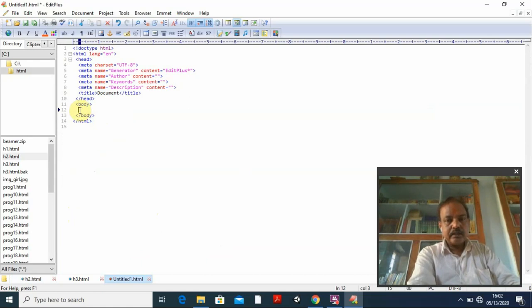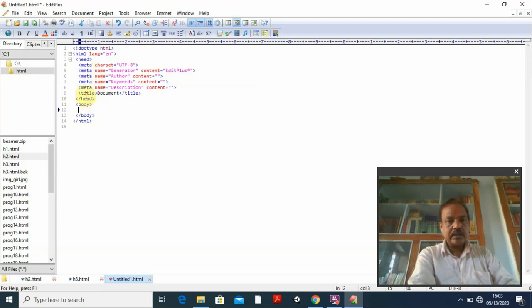So you are directly in the body and can write something. In the previous program we typed all the things, but here there is no need to type anything. The first is the start tag, exclamation doctype, equal to doctype html. This is there by default, so the browser understands the document type is HTML. Then we start the html tag and close the html tag, and the language is by default English, lang equal to "en" under double quotation. Then I start the head and close the head. Under the head you can have a title or other things.